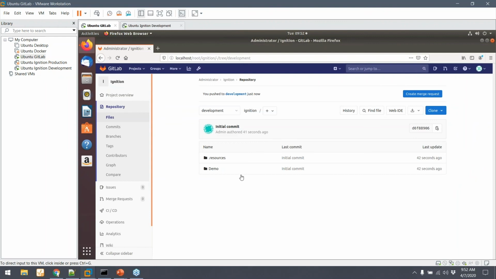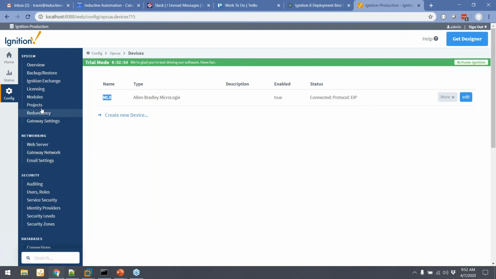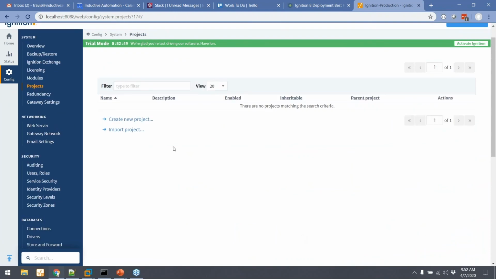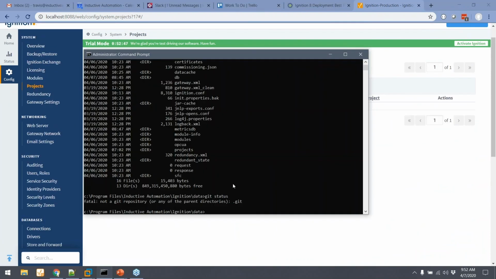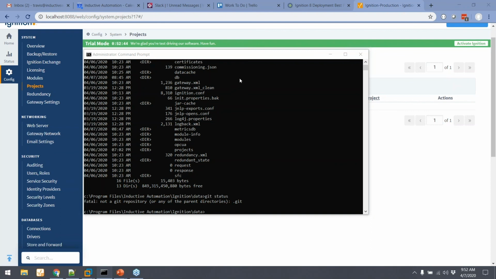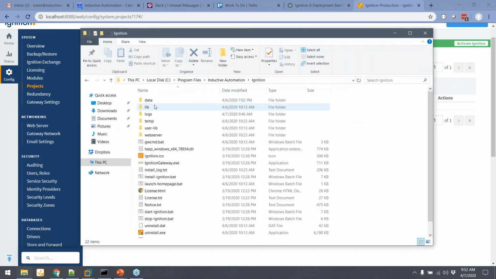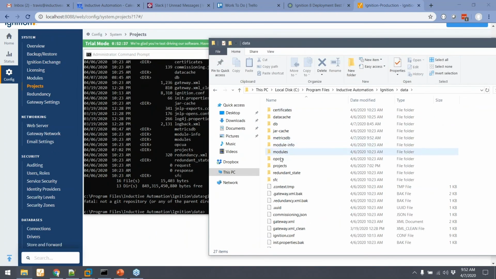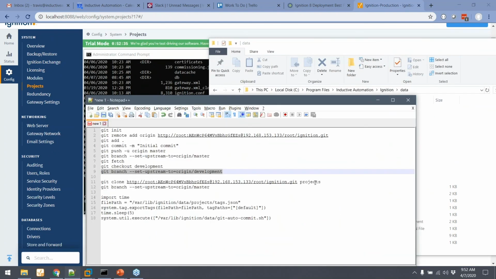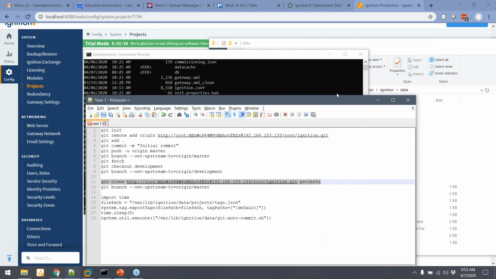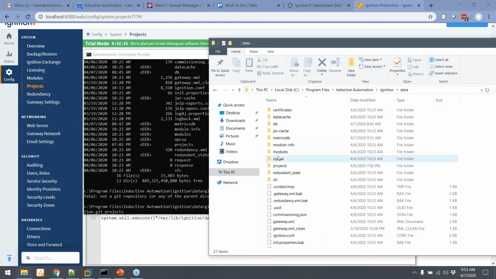And now that I have that, I want to be able to pull that project on my production system. So over here, I don't have that project yet. So this is on my laptop, the host of the project. What I'm going to do is go into that data directory, and with this, we're going to pull that entire directory. So if I go into data, you'll see a projects folder. And so what we're going to do is clone that from that server, but we've got to delete that project folder real quick,